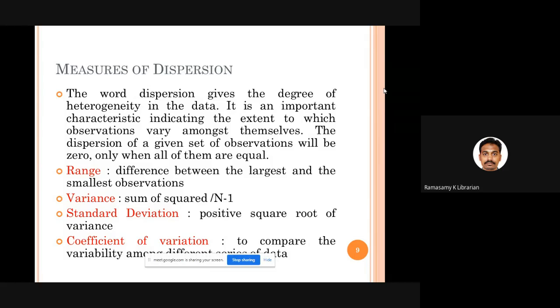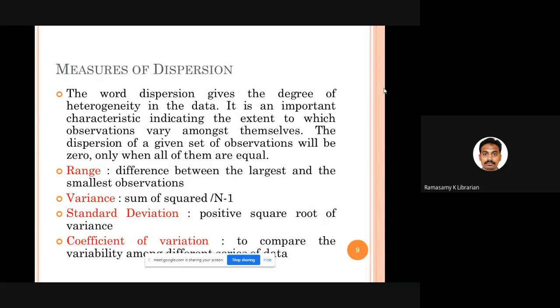If you don't square it, and you total all the deviance, you will get 0. In order to avoid that effect, you are squaring it, and you total all the deviance. The total deviance of the data set is called sum of square. Sum of square divided by number of observation minus 1 will give you the average deviance of your data set. That is called variance.